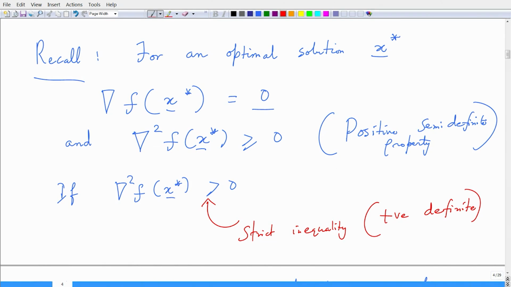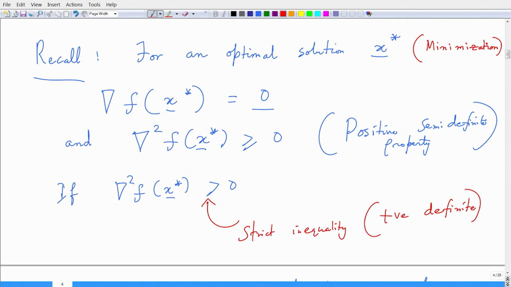This is the case when we are looking into a minimization problem, just to be very precise. So, we are dealing with a minimization problem. Therefore, we have to have this positive semi definite property,